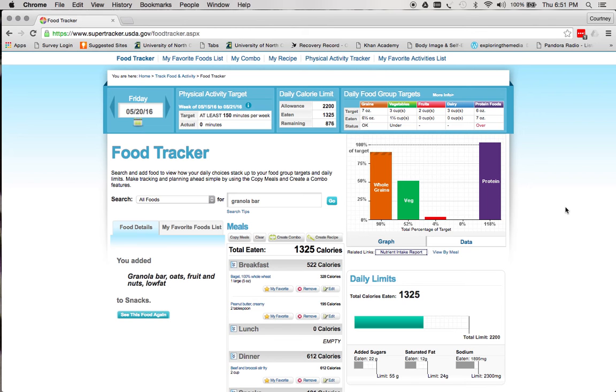I do want to draw your attention to a couple things on this screen. First off, I want to talk a little about the daily calorie limit. What this shows is her recommended calorie needs to obtain the goals that she wants to achieve and calculated specifically for her based on her height, her weight, her age, her gender, and her activity level. So again, she wants to maintain weight. So her calorie needs are 2,200 calories,